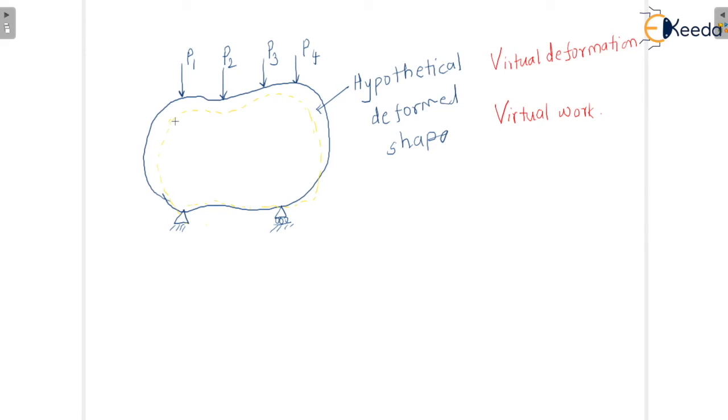Okay, so two things will happen: virtual displacement will happen and virtual deformation will also happen. Hence the external work applied to the element will be in two forms. So there will be virtual work, and then there will be a second virtual work of deformation. Okay, so here what we can write, as a principle,